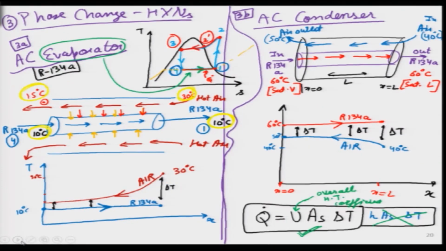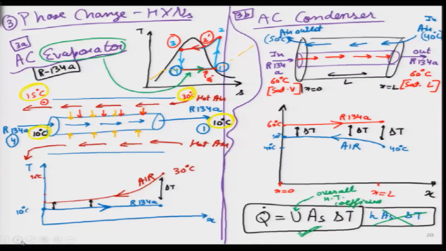In phase change, whether it is the heating case or the condensing or the evaporating case, we can never have delta T constant, because one line is going to be horizontal, the other one is going to have a steep curve. So, we will figure out some ways, and to summarize that, let me write over here that